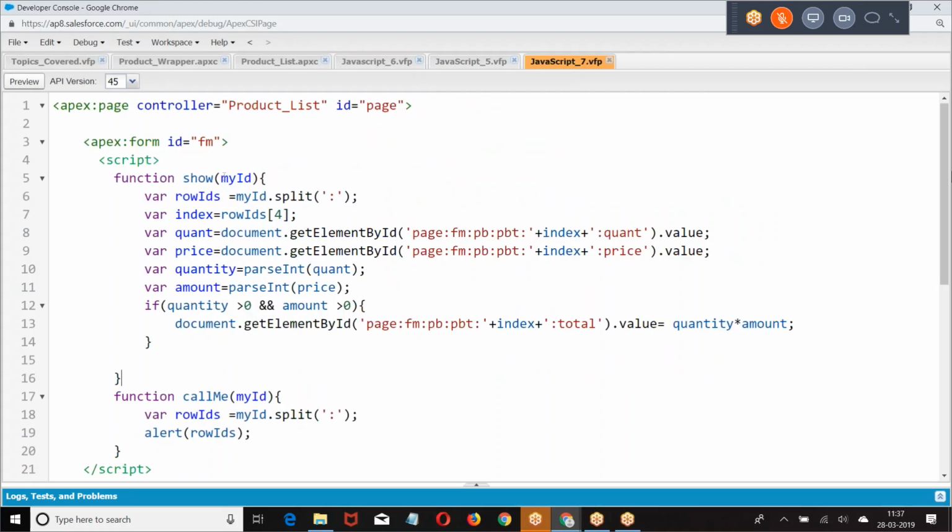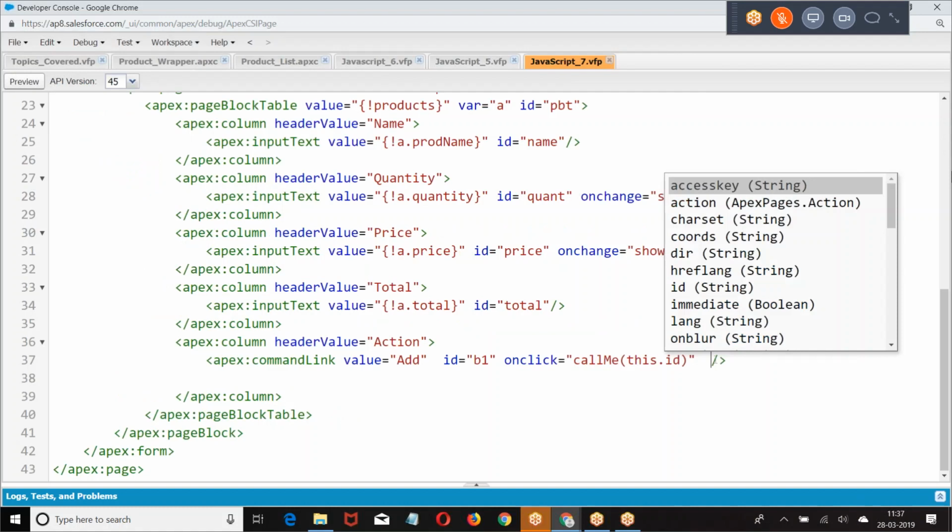Here we are getting the ID. There is no issue with the ID here. What is the issue with the ID here? Command link add button B1, on click call me this dot ID.